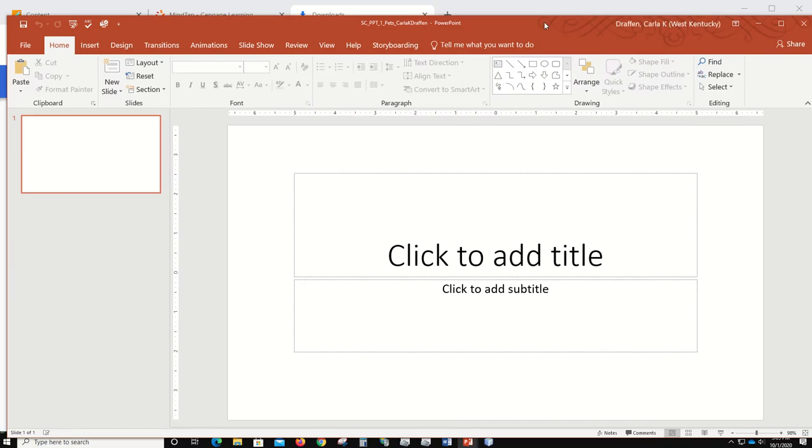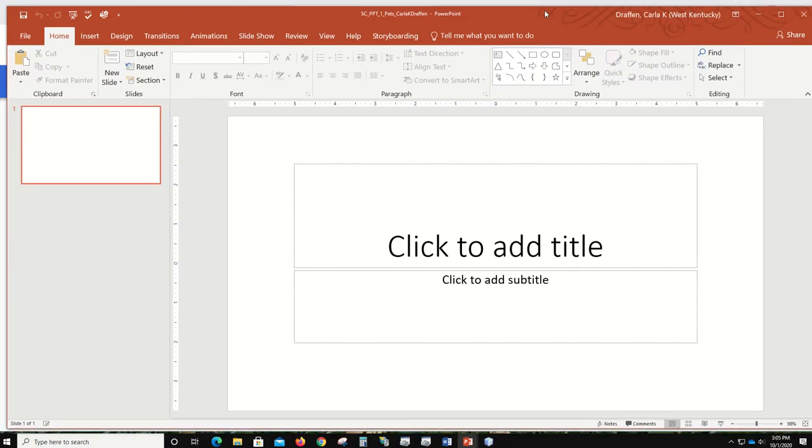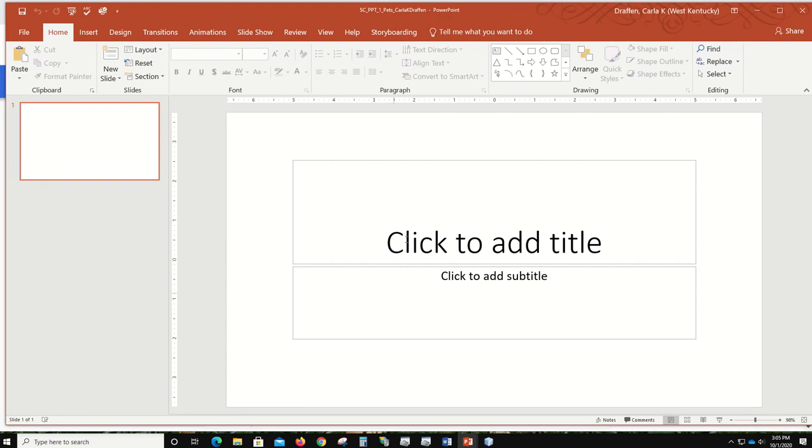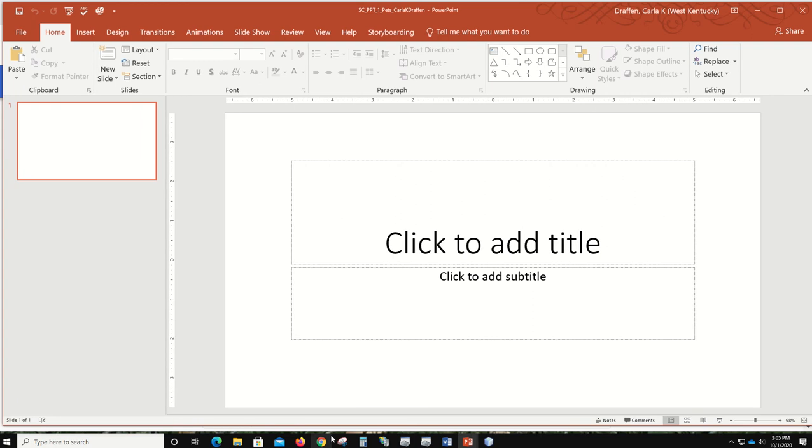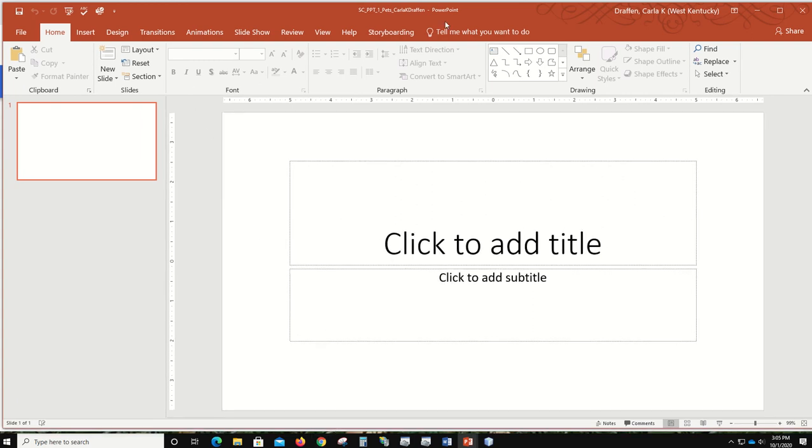Now, I'm going to move that up a little bit. They tell you to maximize your window, but I've been having some issues with my monitors going blank at the top. So I'm just going to make it as big as I feel I can and not lose my menu bar at the top. Now, every new project will start off with a single title slide,